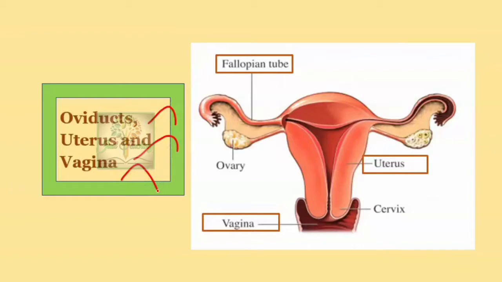In this picture, you can identify those accessory ducts. You can see the females have one pair of fallopian tubes. I mean to say it is two fallopian tubes, which are also called oviducts, and they have a single uterus and a vagina. These three together form the accessory ducts of the female. Let me study each one in a little more detail.